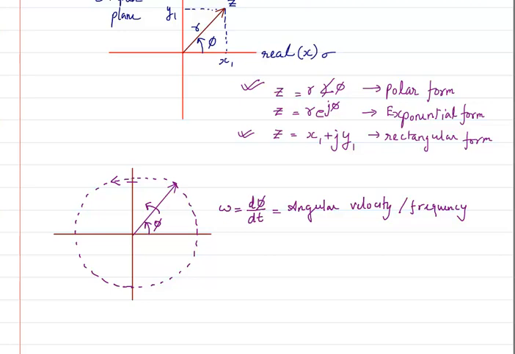So if you look at this particular axis, what will you find? You will find that when the phasor is here, its projection on the y-axis is going to be 0. Then when it comes here, the projection is going to be this much. Then here, the projection is going to be here. Similarly, if it reaches here, the projection is going to be here.